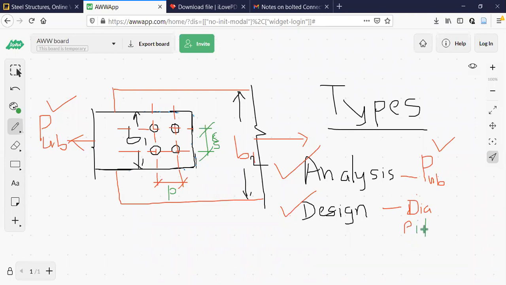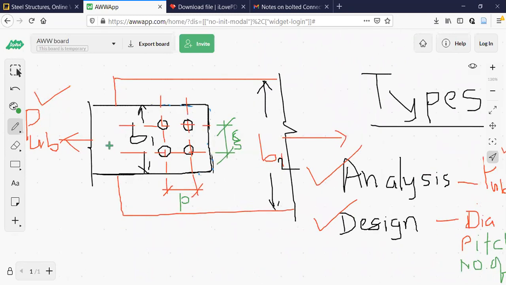So this pitch has to be calculated. How much is the distance between the rivets, the diameter, the pitch, and the number of rivets? How many rivets are required, and how they are arranged. All the guidelines are there in the code book, which I'll also share. For example, I'll show this one, E dash and E. I'll just zoom it. See this one.